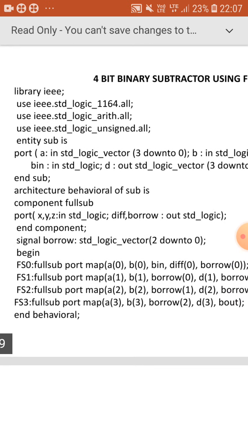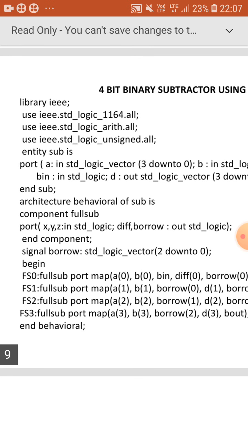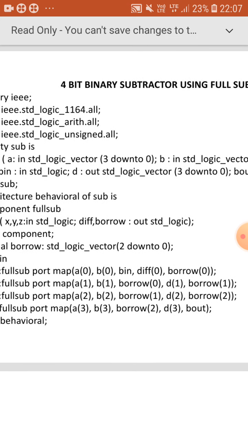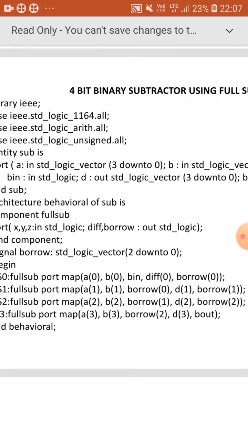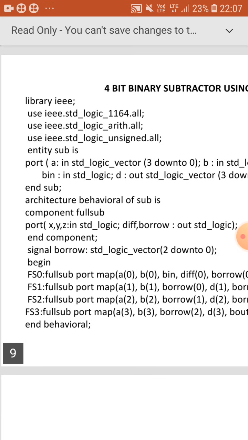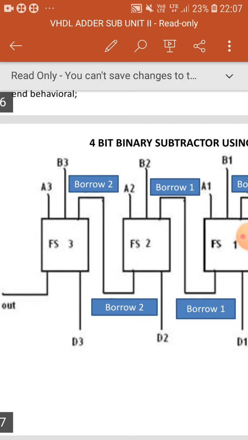So now I am mapping second full subtractor. So fs1 colon call the same full subtractor. So full sub port map, inputs are a of 1 comma b of 1 comma borrow of 0, outputs are d of 1 comma borrow of 1. Okay, next I am mapping third full subtractor.